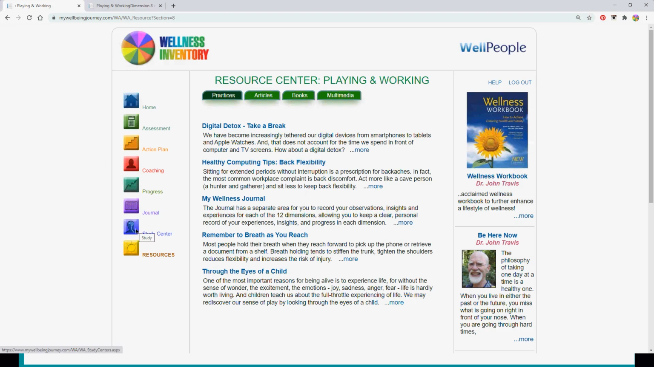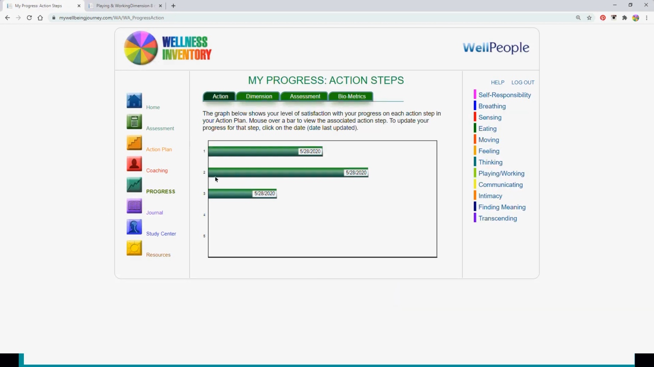And some people may be big into the Study Center. Some people maybe want to explore resources. Some people may want to do primarily self-care practice. Some people may be really heavily into journaling, and that would be one of the predominant activities. Others may want to check the progress tracker to see the progress in their action steps, and then be able